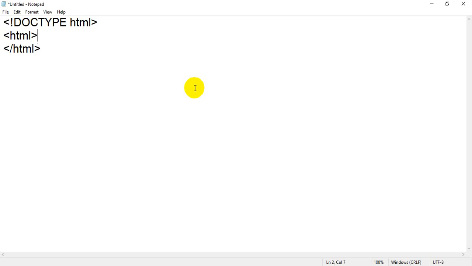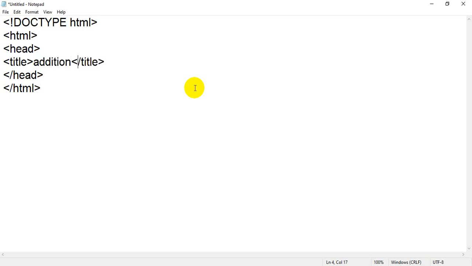These are important tags which you have to write in any HTML page. Then the head tag and closing head tag. Between these two head tags you can also write the title tag, then the closing title tag. Between the title tags you can assign a title, like Addition.